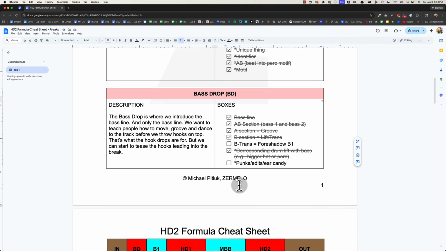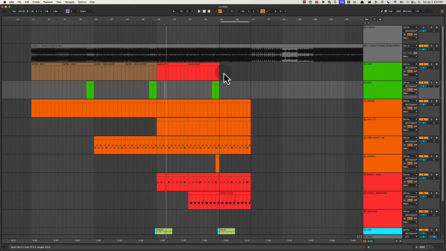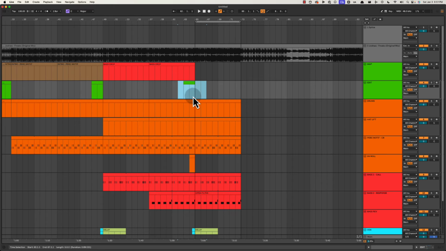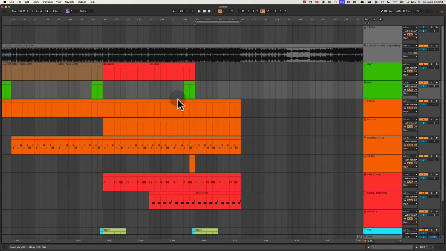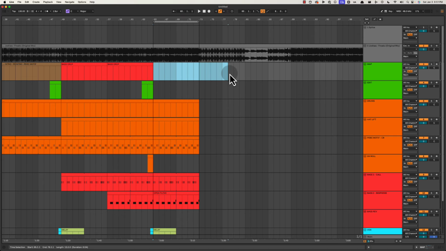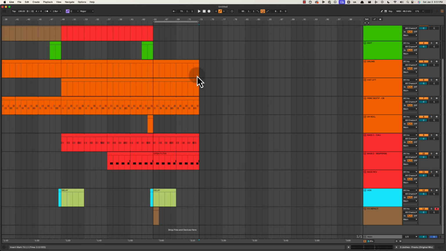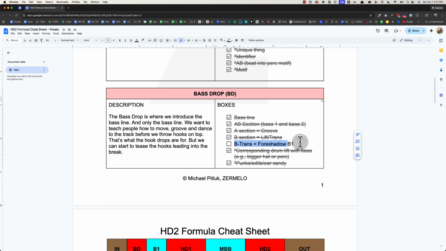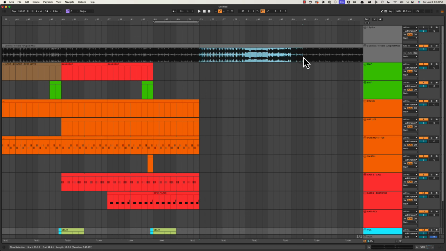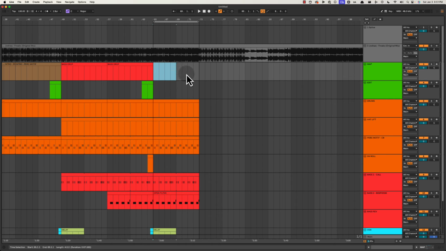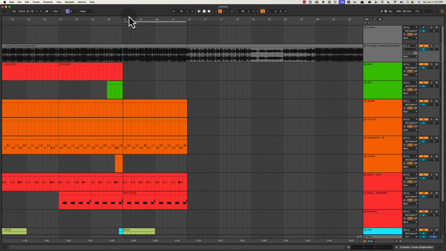There you go. So we're getting a corresponding drum lift, and we're not going to get into punks and edits, although we are mapping the edits right there. So we'll just go like that. And B, transition. Transition just means getting out of the bass drop. When you're transitioning out of the bass drop, are you foreshadowing what's coming in the break? And that's not quite happening, even though the vocals here are kind of indicating what the hook's going to be. A transition would be a sound that repeats or builds its way up to the main hook in the break. We'll see if that happens, but I don't think it does.